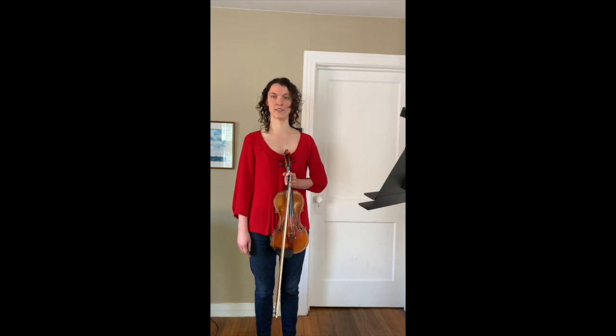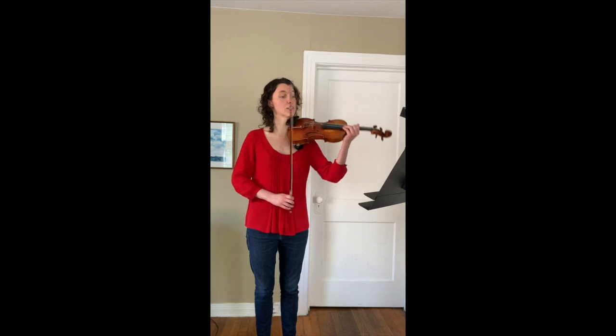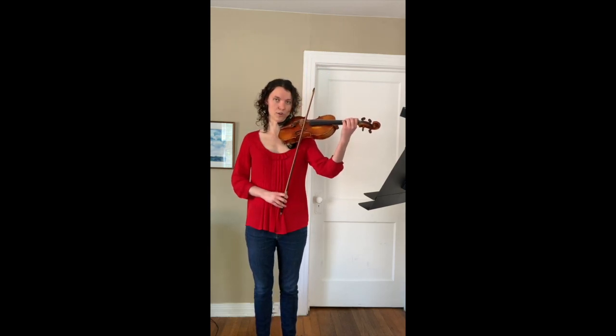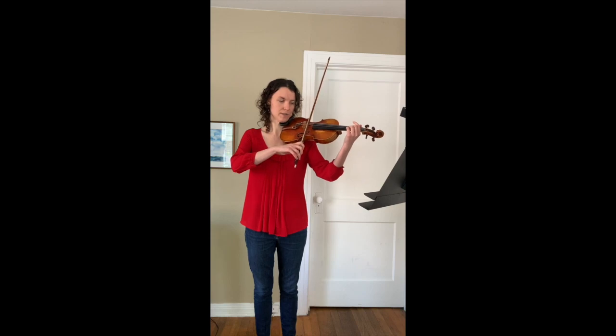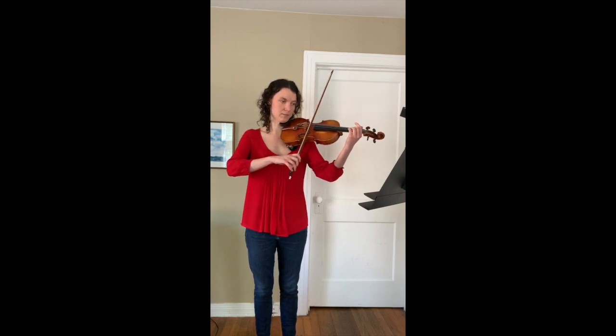Another smaller category within musicality, I would say, is the articulation. So in this excerpt, we have some notes that are staccato, these staccato quarter notes. Make sure each one has really good clarity on grabbing the string, but it also releases from the string. So from the beginning,